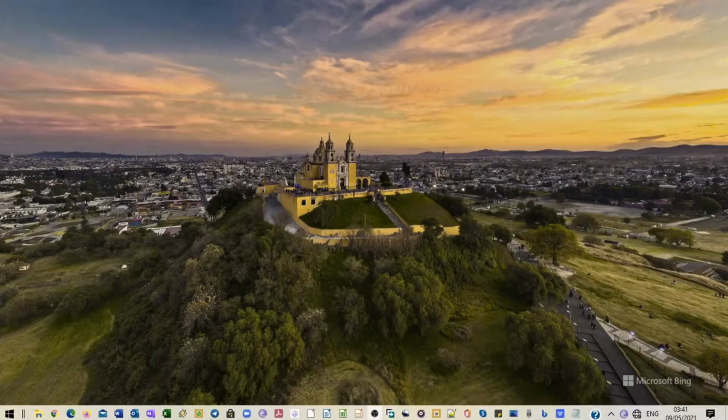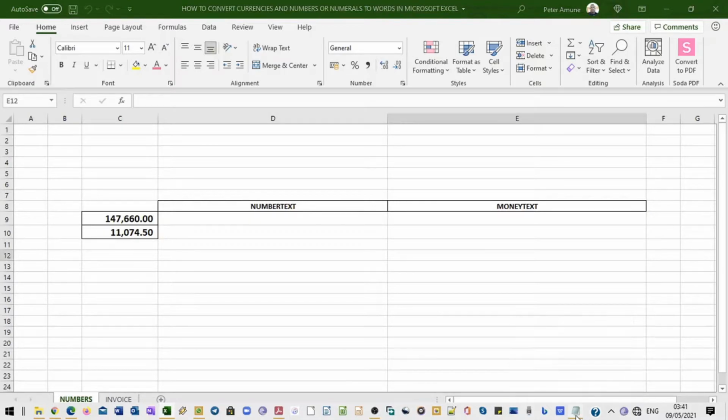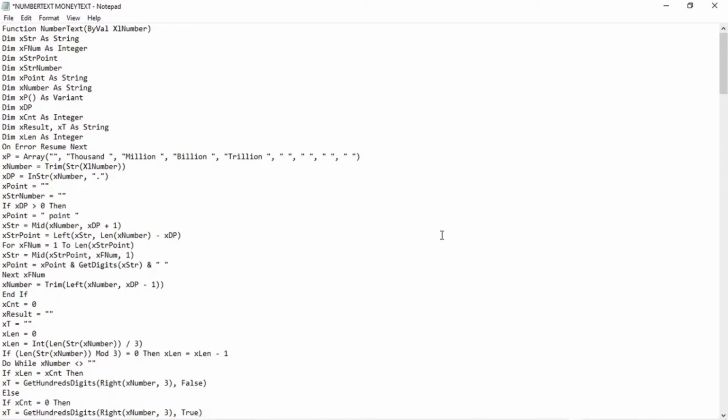Today we're looking at how to convert currencies and numbers to words in Microsoft Excel. This function doesn't come by default with Excel, so you're required to extend the functionality of the application by writing a VBA script, which has already been done here, which I will just open now and show you for the benefit of those who may have downloaded this and